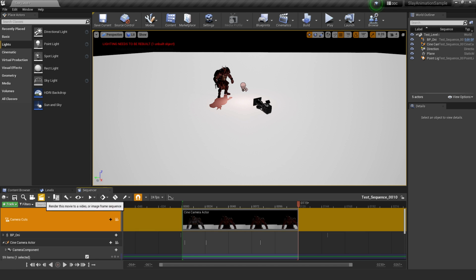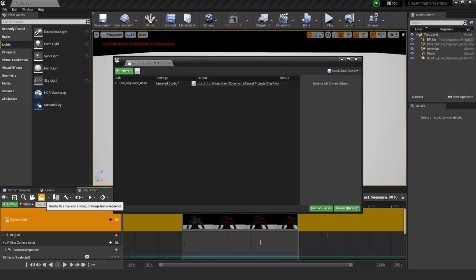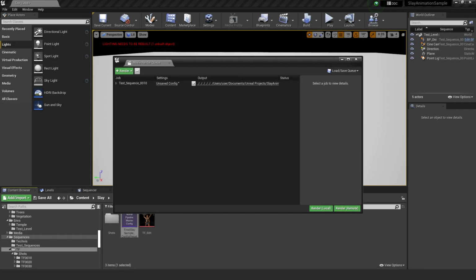So we're going to click on the render button, and by default what it tends to do is it doesn't have any settings saved. So what you're going to have to do is create your own settings, but with this project we've already set up settings for you to load in and use, or you can use this to further add in extra settings or to create your own settings as you see fit. The movie render queue is phenomenal in loading in multiple different shots.